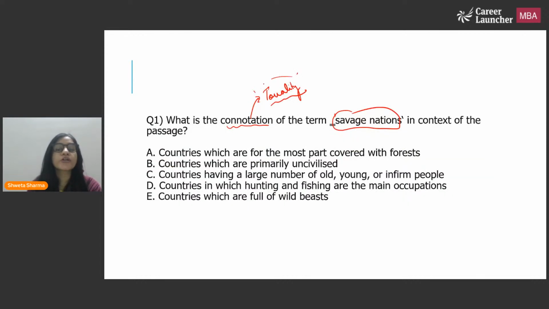Now, what is the tonality of the term savage nation in context of the passage? Countries which are for the most part covered with forest. So nothing has been mentioned about forest or the